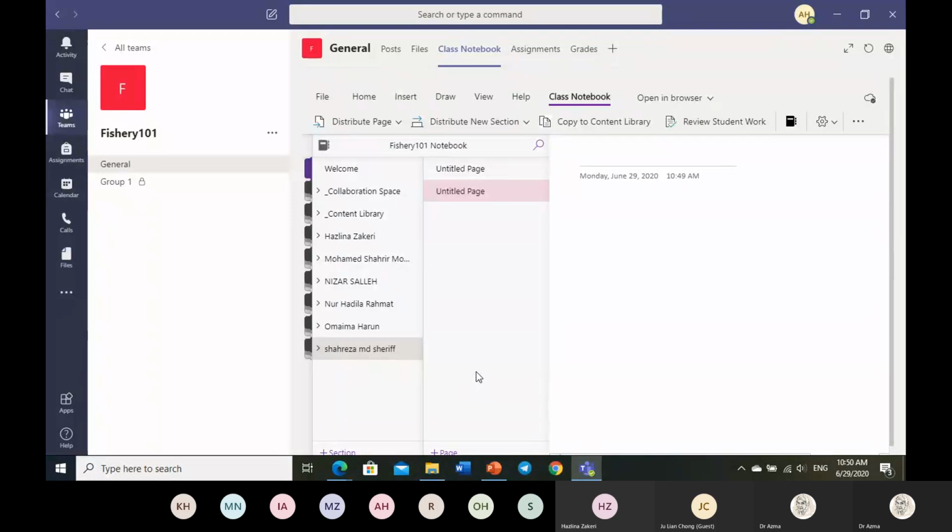Okay. Any other question? Anything else that I need to review? Right. So you start off by creating your notebook. By default, the students in your class will already be automatically in, like what you saw just now. When I created the notebook for Fishery 101, their names were automatically enlisted inside the notebook itself. So each student will have their own space, and in their notebook they will have these three sections